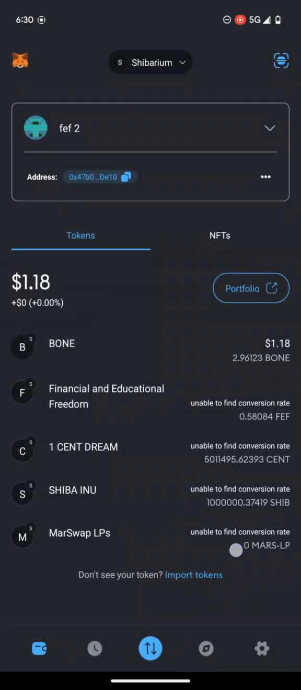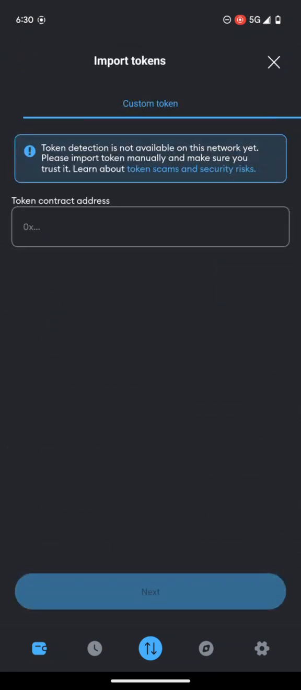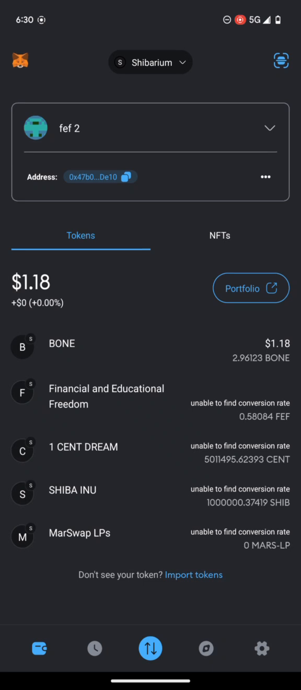And so in order to see the SHIB too, you'll have to import the token, and you can go to the 1 Cent Dream Telegram and type / $SHIB. So / $, and then SHIB. That will give you the contract address for Shiba Inu on Shibarium network, and you'll need it because that's what you use to buy